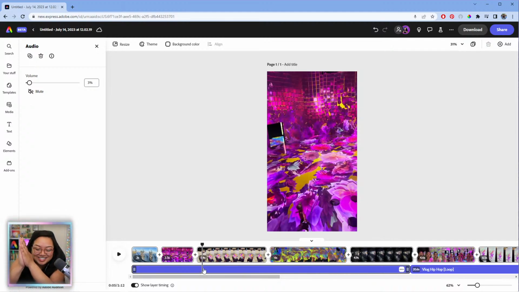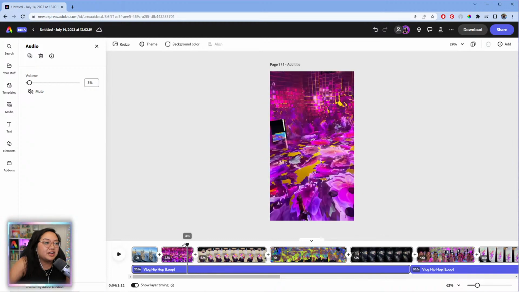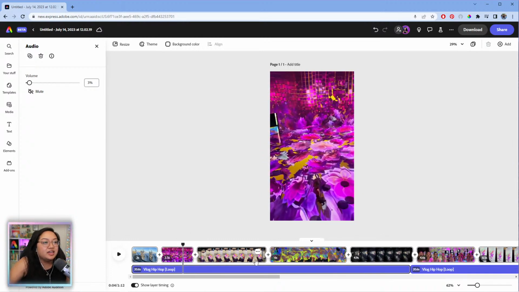My one wish list that I am manifesting is because visually it's easier to edit to music when you can see the waveforms, the sound waves. So you can see the beats or any pauses in the music or anything like that, so you know what to cut out. And it's not just for music, but also for audio tracks in general.